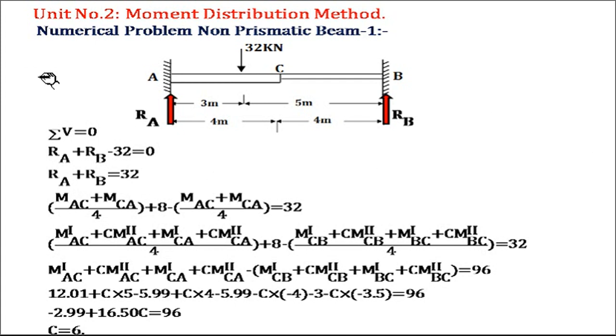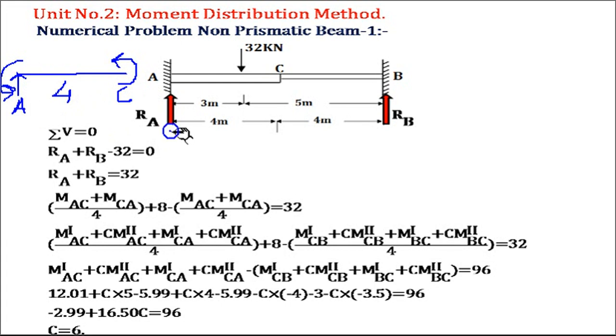Now here we have to find out the value of RA. So here I'll consider this as RA. Now here there will be an unbalanced moment. We don't know the direction, so I will consider both moments acting in anti-clockwise direction. As this is member AC, this moment will be MAC and this will be MCA. This length is equal to 4. So this vertical direction is nothing but RA.